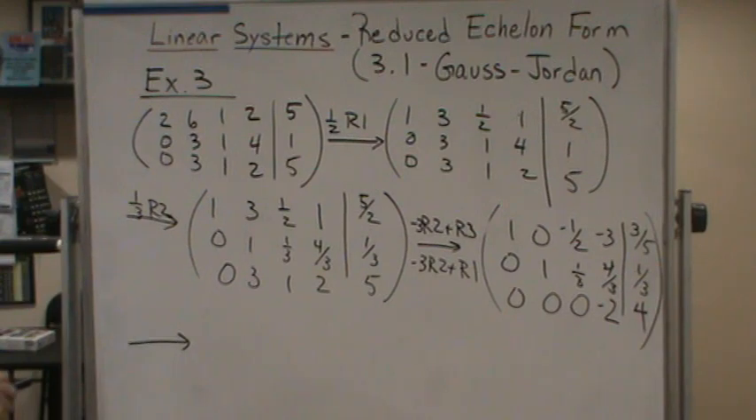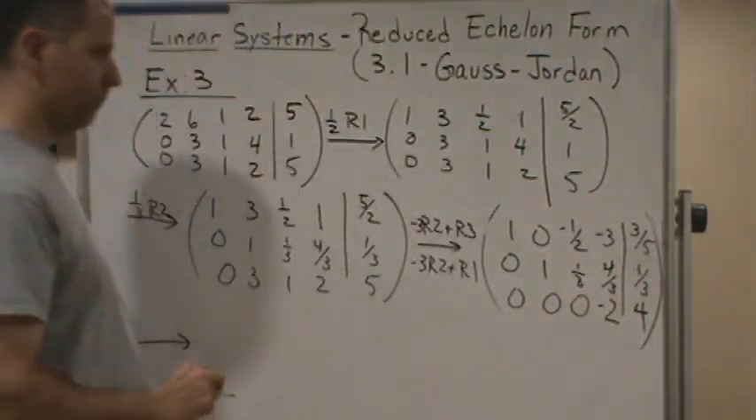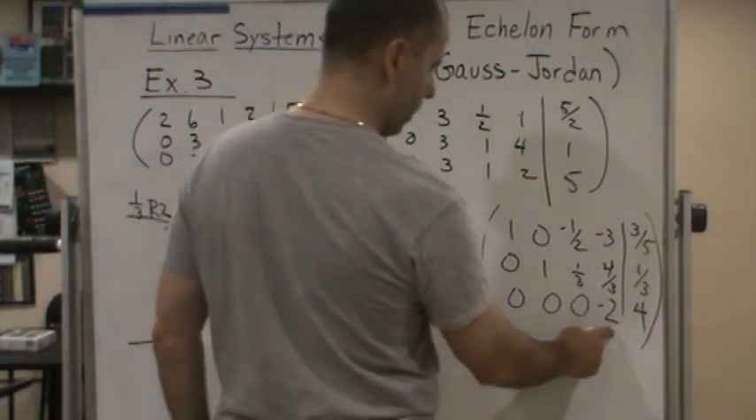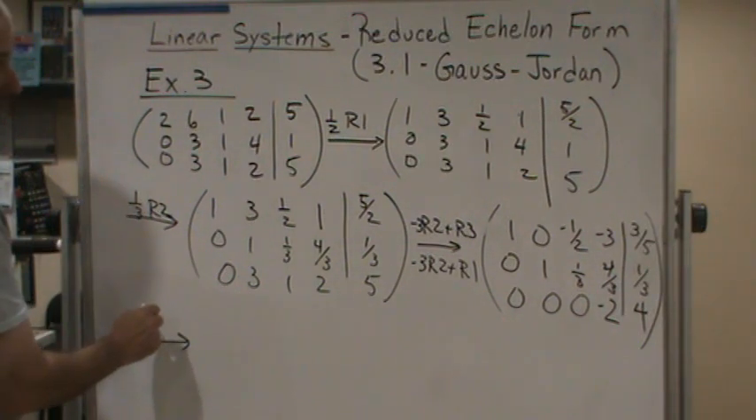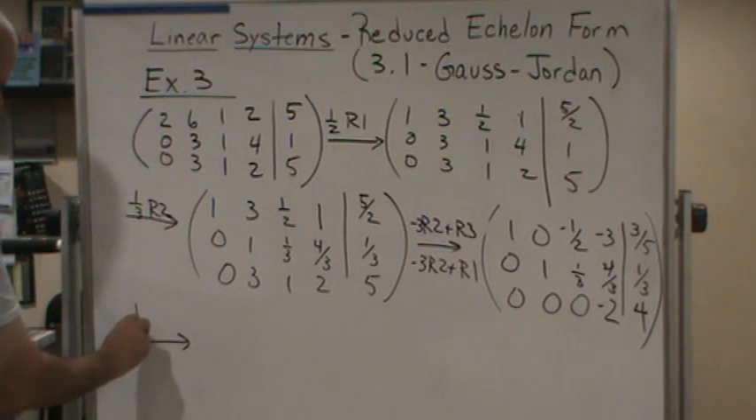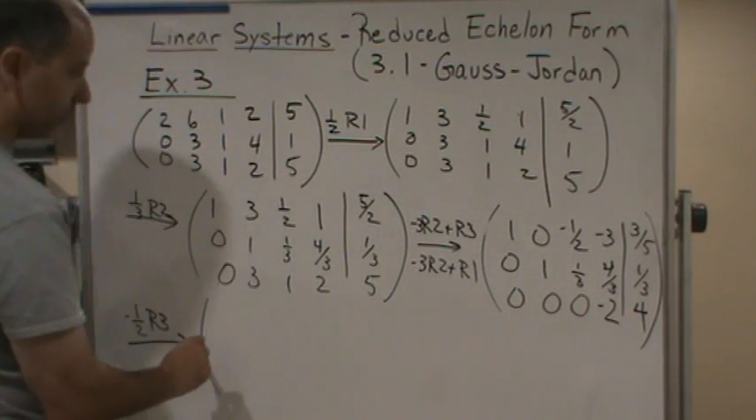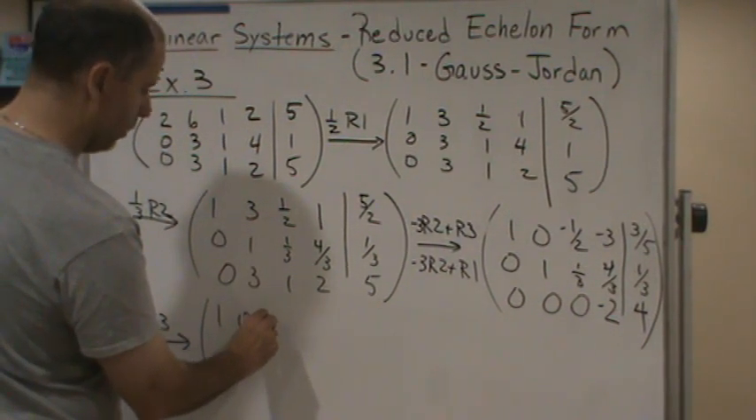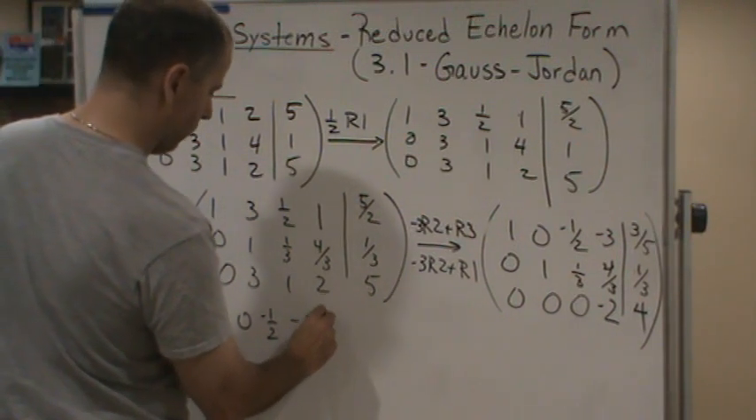Now what am I going to do? Well, I'm going to do the same thing. I'm going to get this to be 1, right? So here's the leading term. So I want that to be 1. So I'm going to divide by -1/2, or multiply by -1/2 R3. And so that's going to give me 1, 0, negative a half, negative 3,